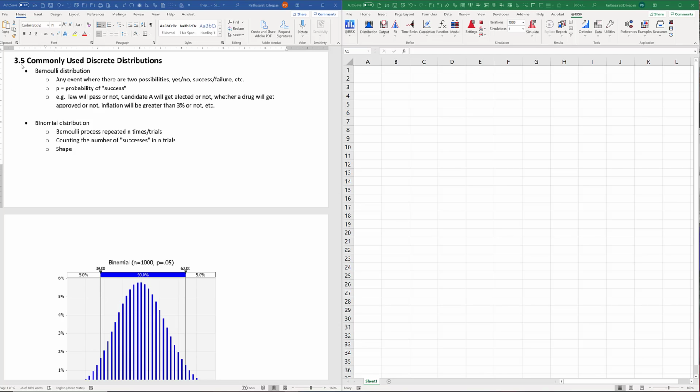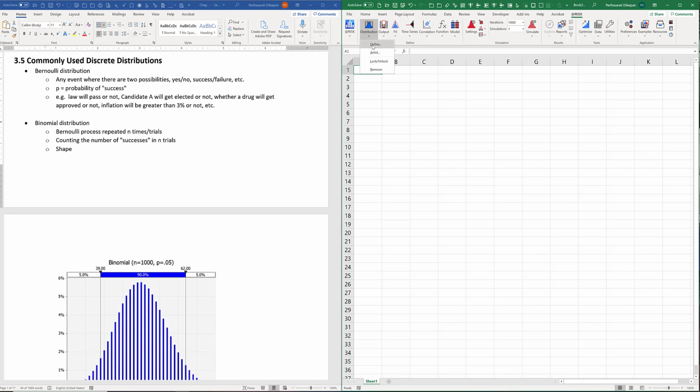Okay, now let's look at commonly used discrete probability distributions and then commonly used continuous probability distributions. We can look at the different distributions from here in @Risk. If you click Distributions,